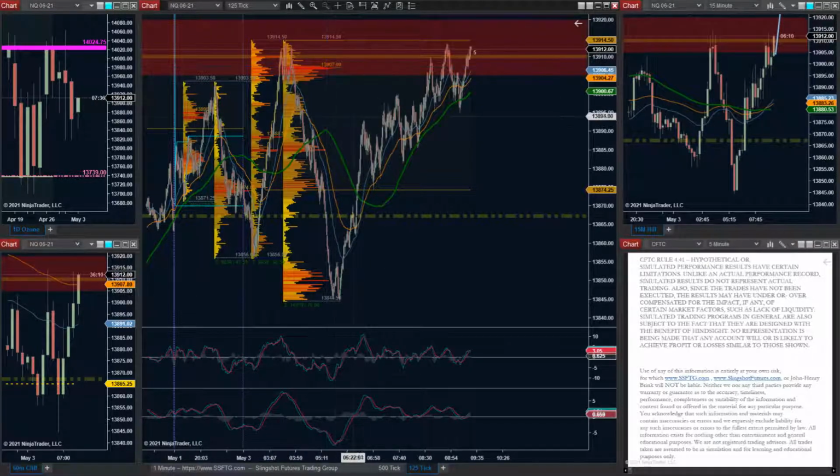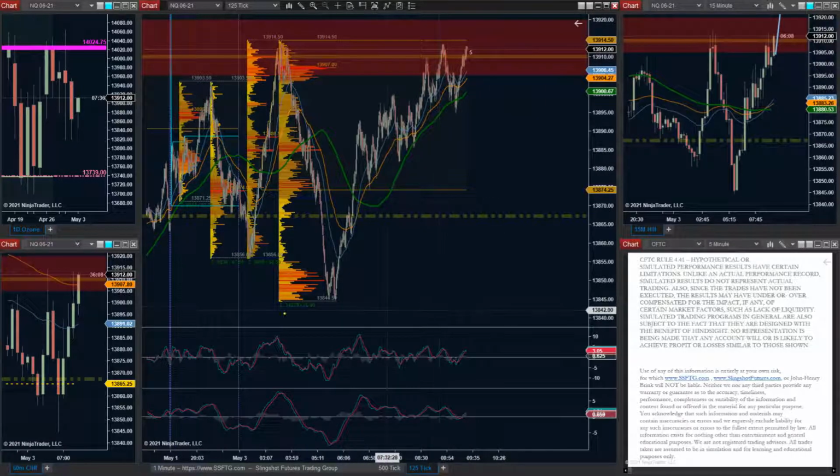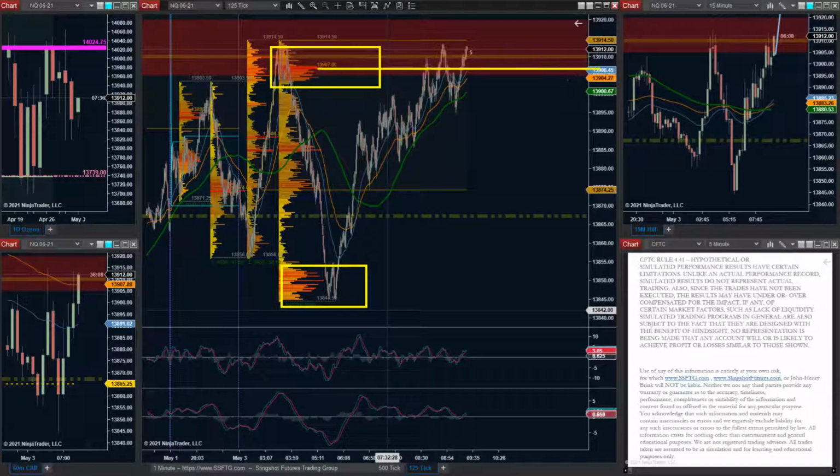Ooh, top-weighted POC. So things shifted a little bit here. You can see they weren't shy about buying below the lows there. But at the same time, we also have a top-weighted POC showing that they weren't really that shy about selling the highs anymore. Now that we're back, there's going to be a lot of sellers who are looking at that, trying to get that rotation down, which is my concern.